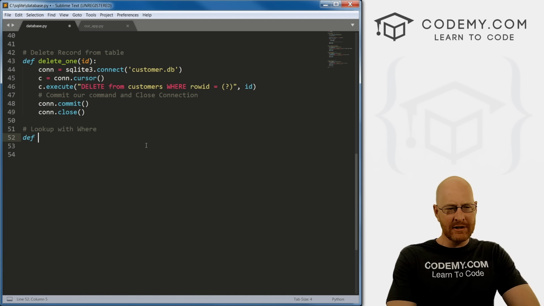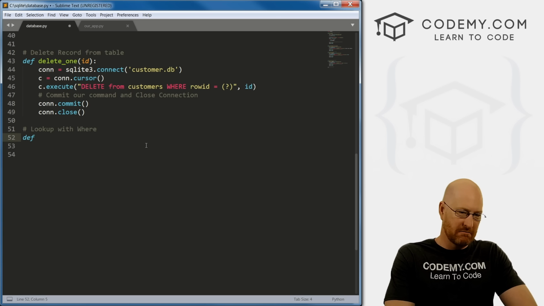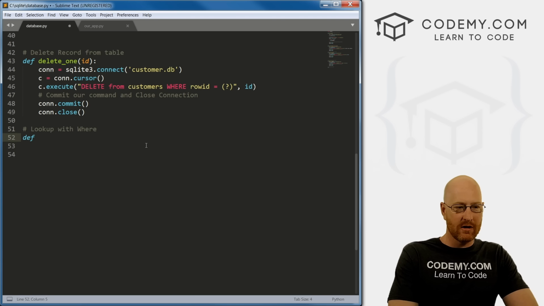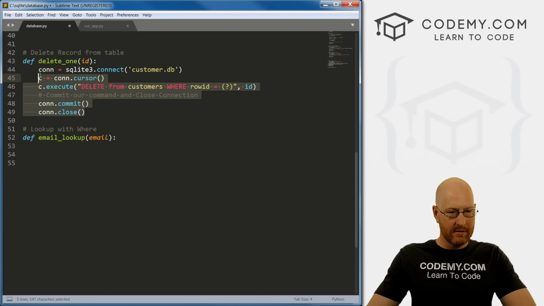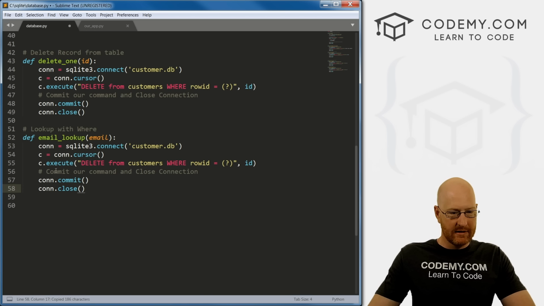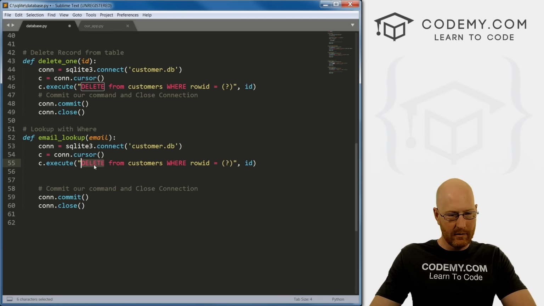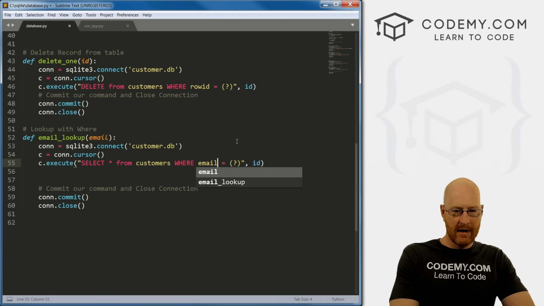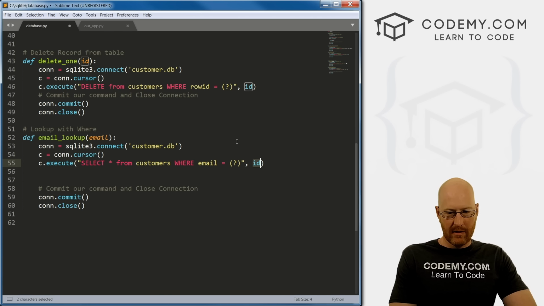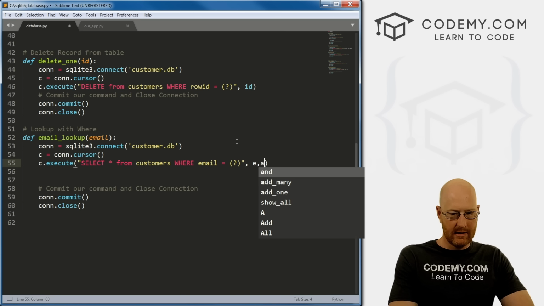And let's just say we want to look up email addresses. It's pretty simple. So let's just call it define email lookup, and we want to pass email, I guess. All right, so I'm just going to copy all of this, paste it in, and for our execute, what do we want to do? We want to select everything from customers, right? And we want where email equals, and we want to pass in email,